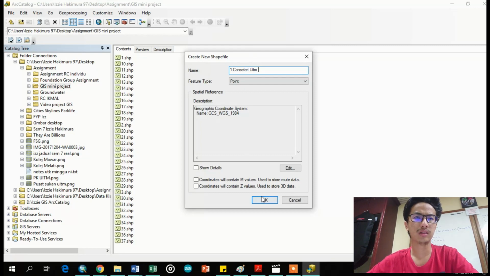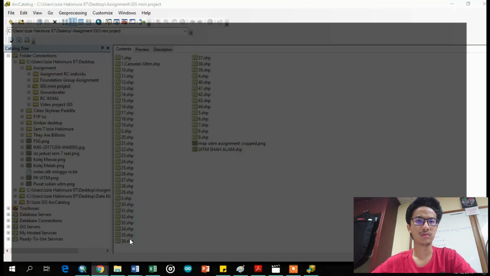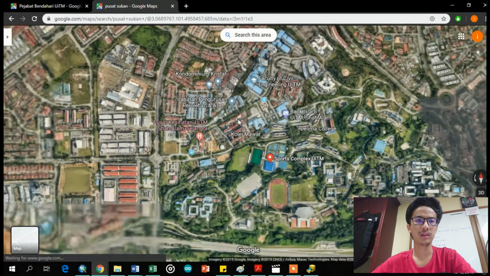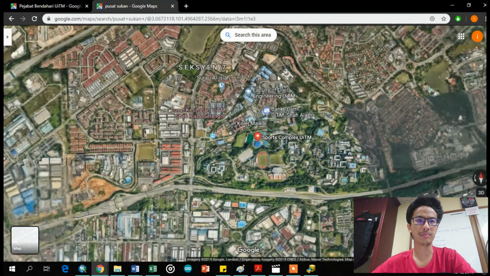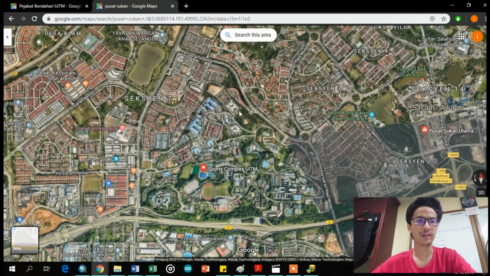Okay. Create the others according to the number from 1 until 44 points. And then we take the screenshot from the Google Map. Okay, take the Google Map view, screenshot the UiTM,